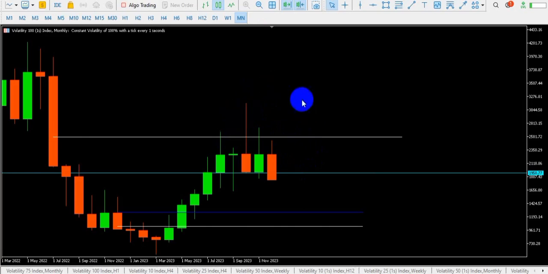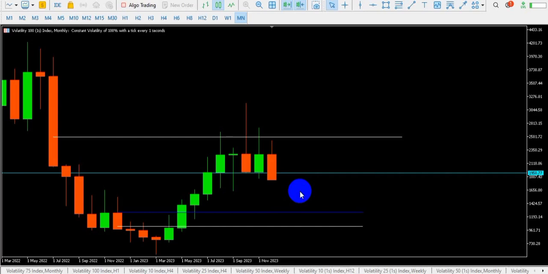But the thing I want to stress here is that reading price and trading price are two different things. Before you trade, you must learn how to read price. That's why reading price focuses on you anticipating where the next draw on liquidity is, and it is what I have said earlier on that you will use as your